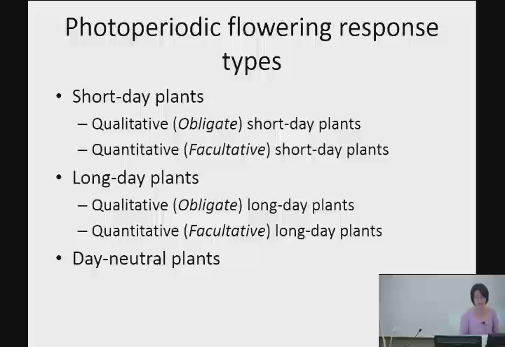Under short day plants and long day plants, there are two further subcategories. One is qualitative response, so the qualitative short day plants, which are also called obligate short day plants. And then the second one is the quantitative short day plants, which is also